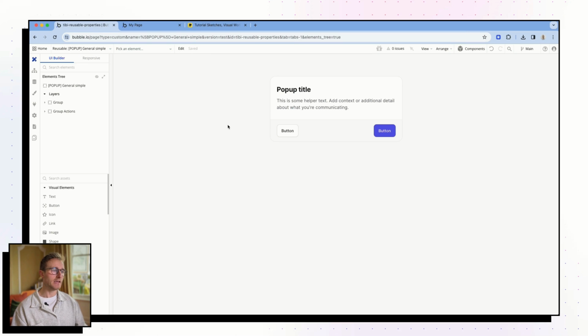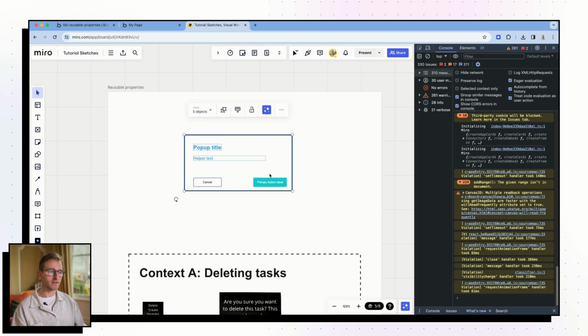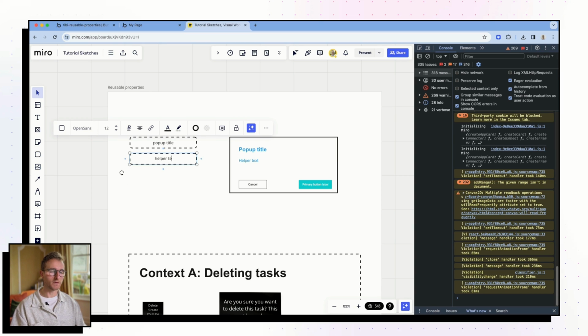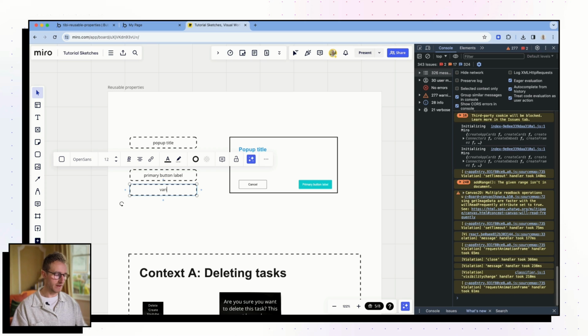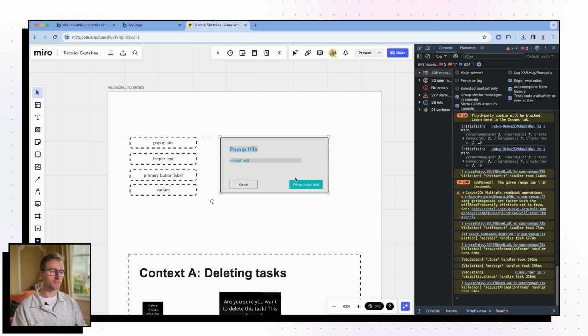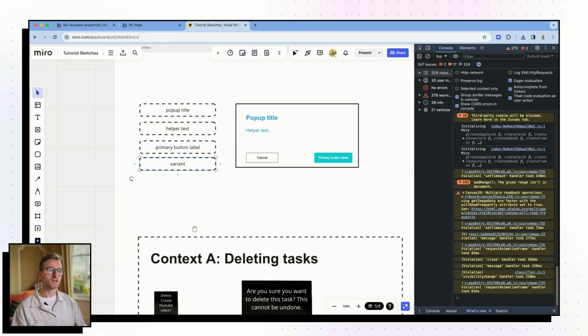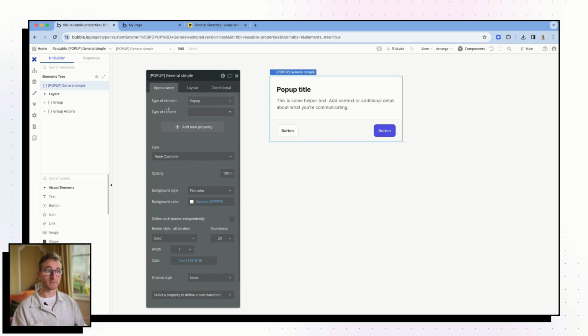We're editing this pop-up. And the first thing that I want to do is I basically need to configure what are inputs that this pop-up accepts, right? Because what's implicit here is that there are a few inputs like pop-up title, helper text, primary button label, and of course we've talked about here the variant, right? These are all inputs that this pop-up is configured to accept, and depending on the value that we feed into each of these, it's going to take on a different shape, a different form. So to configure these inputs, all we have to do is bring up the element inspector for the reusable, and we just add a new property over here.